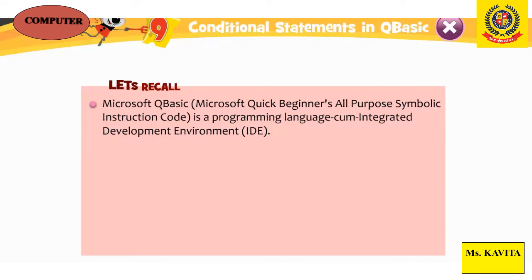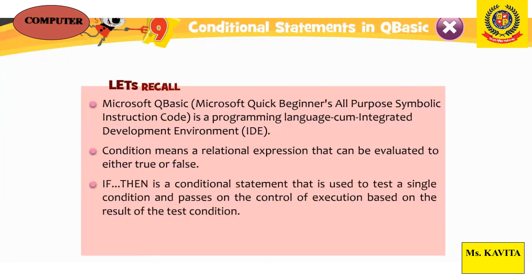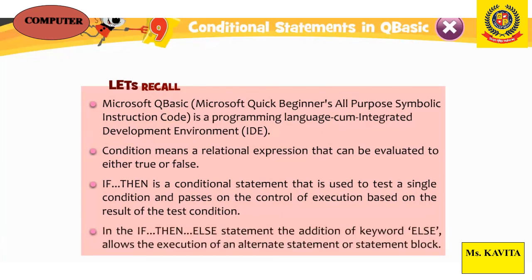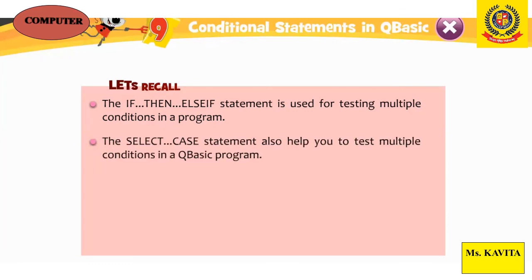So in the select case statement, multiple conditions are given. Using the select case statement, codings are given on page number 121 to find the number of days in a month. So enter the month M, then select case M, case 1, 3, 5, 7, 8, 10, 12: print days in this month are 31. Case 2: input, enter the year y. If y mod 4 equals 0, then print leap year. So all the codings are given on page number 121 along with the output.